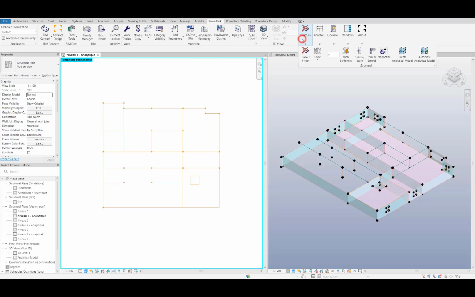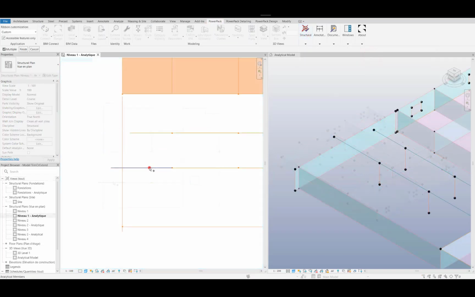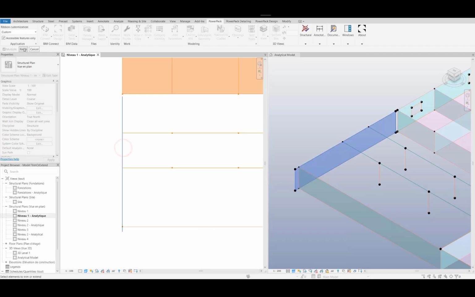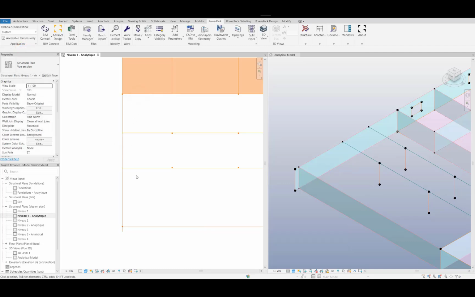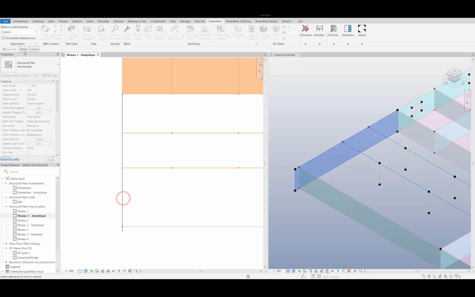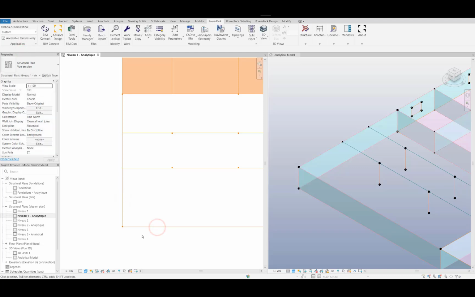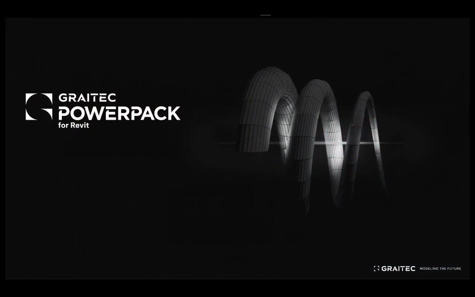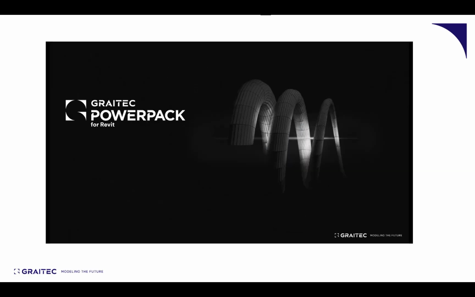Here, the trim and extend command is another tool to adjust and correct the model. Just pick some objects, we select an element as a reference, and automatically we can connect and correct several structural elements at once. That's what is interesting with this command. For example, here you see it connecting two walls or a set of non-connected beams. So these are very quick and easy tools that do not require any huge parameters.